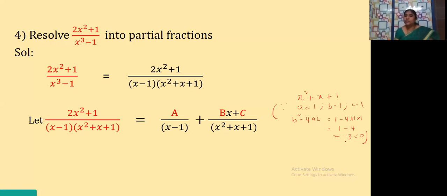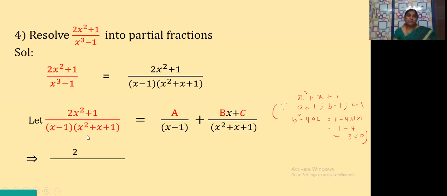So that means what we got is less than 0. So that's why this polynomial is an irreducible quadratic factor. Yes or not? So that's why here I can write the partial fraction as bx plus c by x square plus x plus 1. Here the constant a is already used, so that's why the other two constants I am writing as b and c. Okay. Now here let us take the LCM.